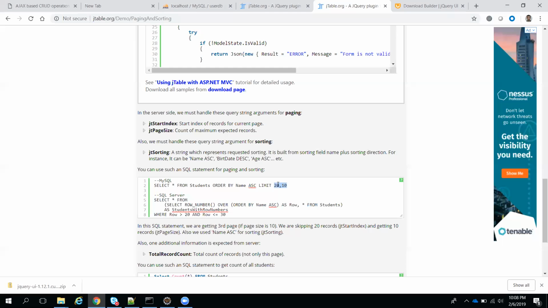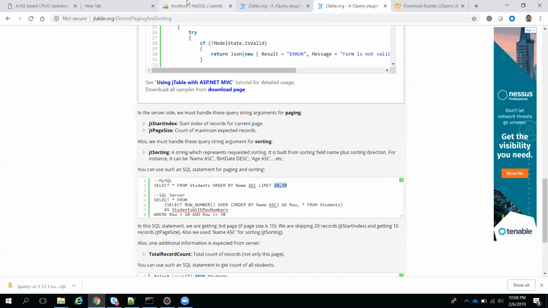For that we need some calculation to get that particular index. If you want records 20 to 30, you should use 20 comma 10 as the limit. It will fetch the third block of 10 records. That is called pagination logic. Sometimes in interviews they will ask how you will implement pagination and what the logic is.